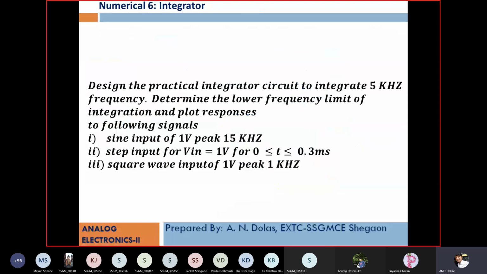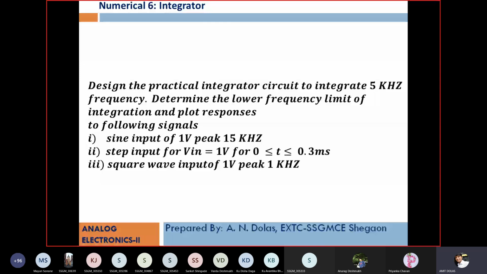Next we have only two numericals. One is on an integrator and another is on a differentiator. In integrator and differentiator, please remember, whatever frequency is given, at that frequency we have to design the integrator or differentiator. Then certain additional information is also given in the problem statement, like so and so waveform is given to this particular integrator or differentiator. What is the output? We have to calculate the output values and plot them again. So you can see the problem statement